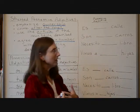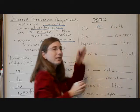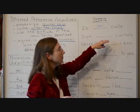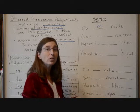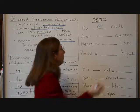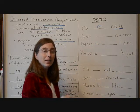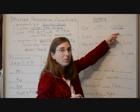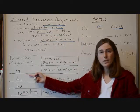It's my street. Es mi calle. This is the unstressed possessive adjective. It's my street. It comes before the noun. The stressed possessive adjective is going to come after the noun. And it's going to agree in gender and number with the noun. So we have to know the noun we're modifying, and that's calle. Calle is feminine, and this is singular. So we will need the feminine singular form of my for the stressed possessive adjective. Let's see, that would be